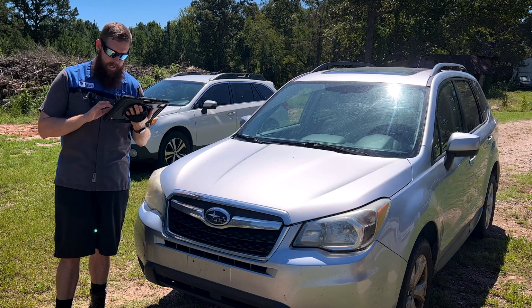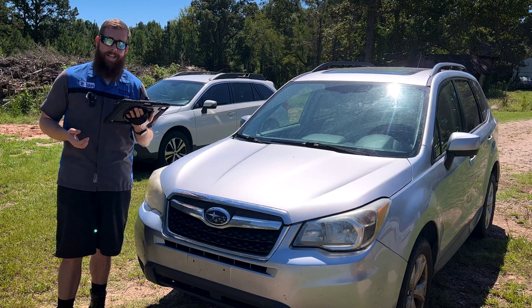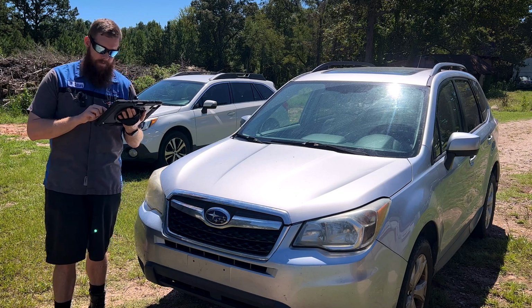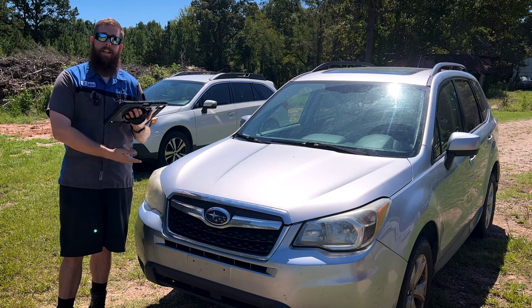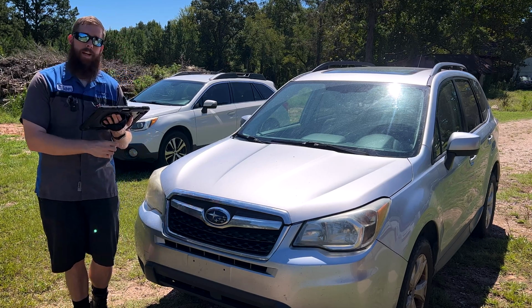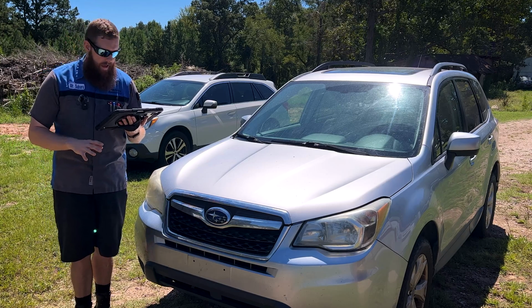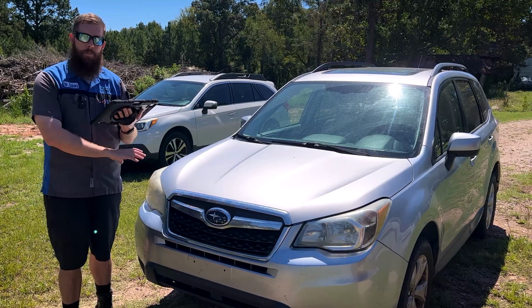So 1,360 plus 950 gets us at 2,310, plus $3,000 for the purchase of the vehicle. So $5,310 to get this thing back up and running perfect, other than that 420 code if we need a catalytic converter. I think ballparking, once I clean up the car, if I'm able to put leather or anything in